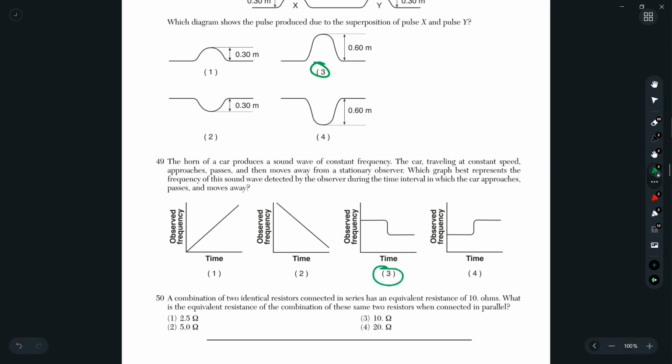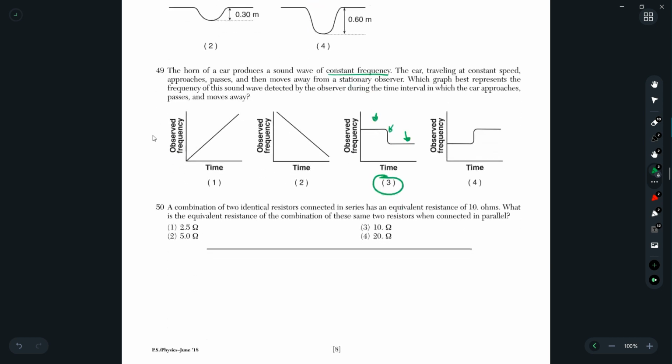My gut says this, because it should be a higher frequency until it gets to you, and then it's a lower frequency, because it's giving off a wave of a constant frequency. 90% certainty. It's choice 3. I'll come back to it if I have to, but 90% certainty is choice 3. Anyway,